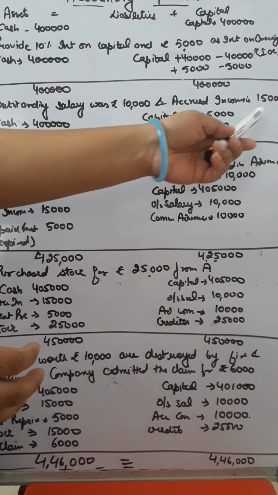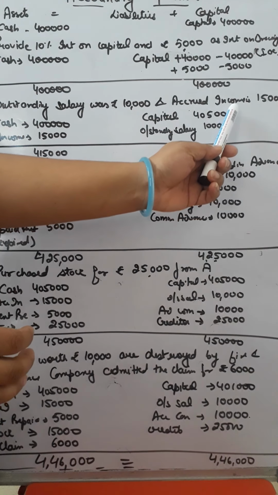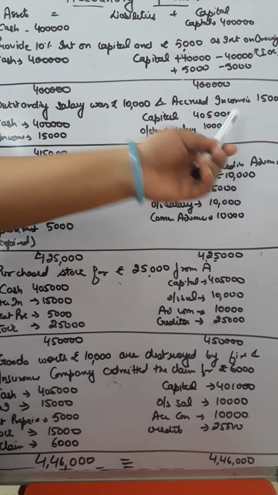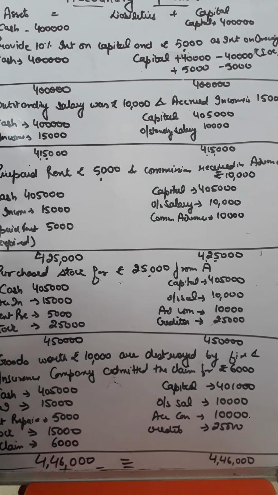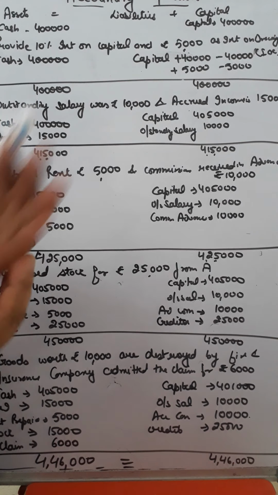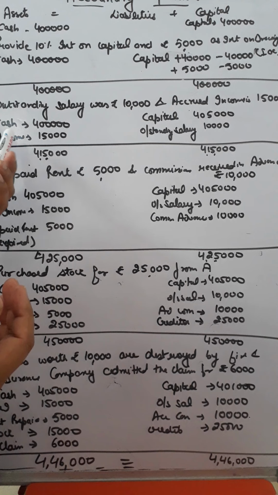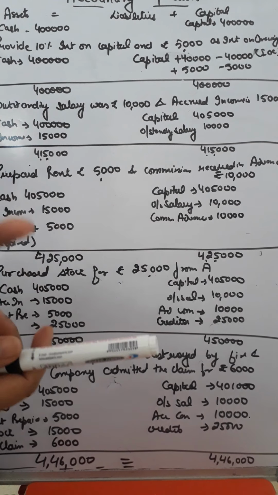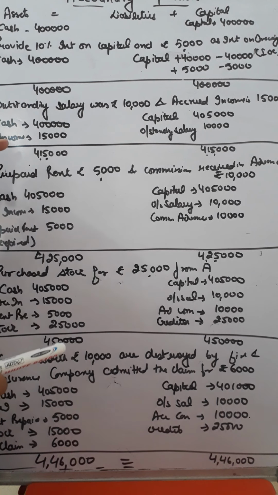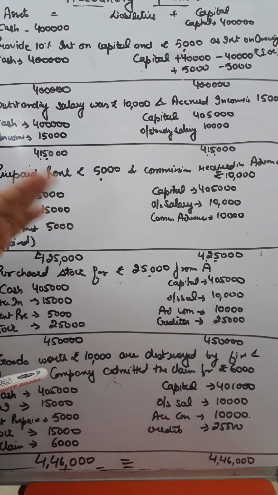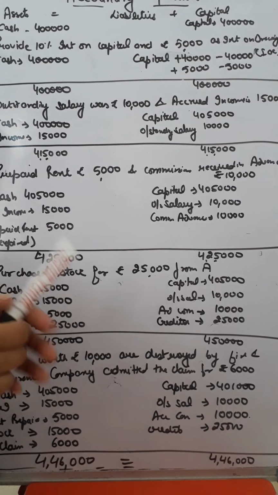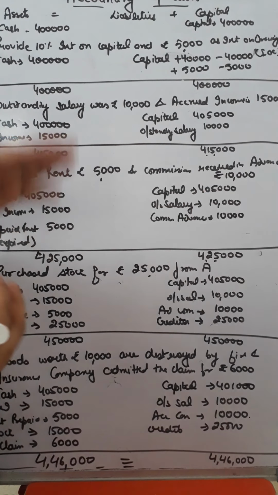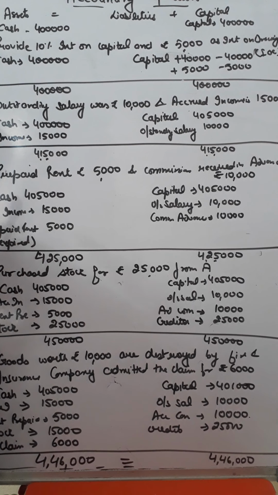So when we talk about accrued income, since it is the income of the current year, you will add it to capital. And whenever money is going to come into the business, it becomes your asset. This accrued income is going to come in the near future, so it becomes an asset for the organization. Both the adjustments will be from capital: expense will be deducted and accrued income will be added. Accrued income will become an asset because it can be realized in cash later on, and salary will become a liability because you have to pay this amount in the coming future. So your net amount will be 4,15,000 after doing this adjustment. The next adjustment is prepaid rent.